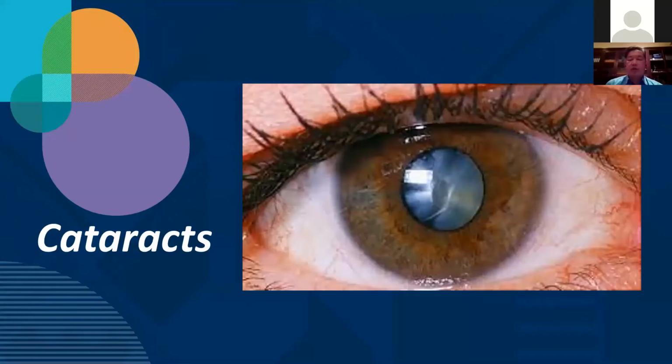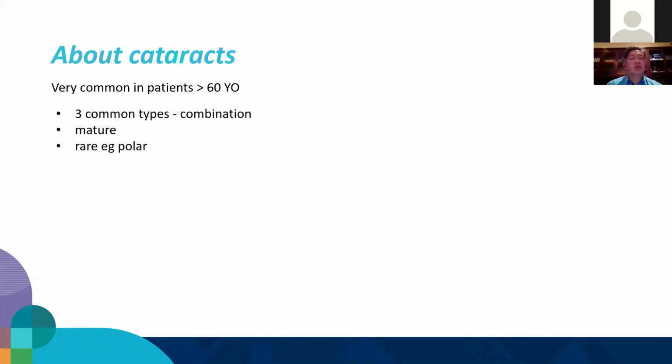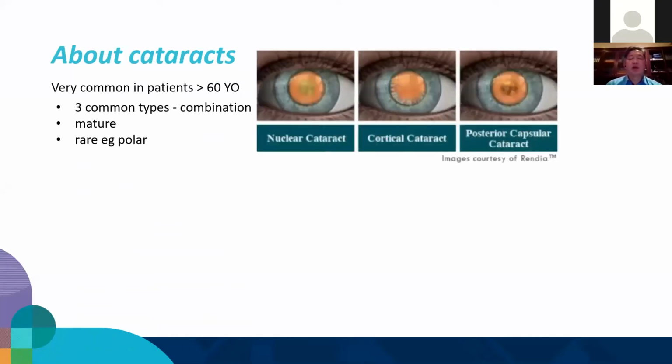So if we look at the topic of cataracts first, it is very common in patients, usually 60 years and onwards. There are three common types that are listed here. The so-called nuclear cataract, which pretty much becomes more and more yellow. There's a cortical cataract, like spokes, which causes more glare problems. Posterior subcapsular cataract, which is accumulation of the lens epithelial fibers in the posterior part of the lens itself. And this one may not look like much, but actually is the most disabling.